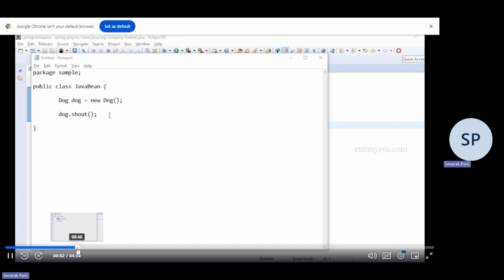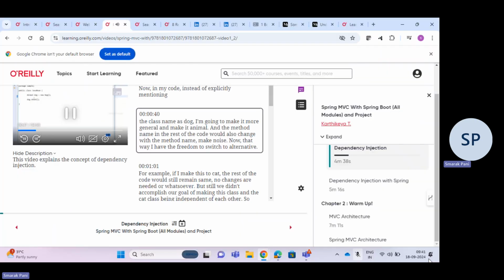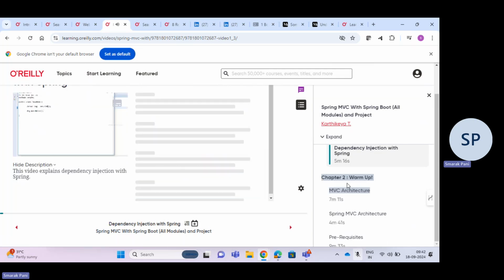In our previous example, we've seen and the method name in the rest of the code would also change with the method name make noise. That way, I have the freedom to switch to an alternative. For example, if I change this to cat,